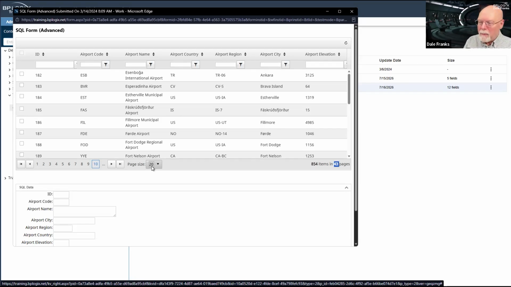Because there are 50 pages and 26 letters in the alphabet, essentially each letter is taking up 2 pages. Now, that's not fully true. There aren't 2 pages of airports that start with Q, I'm sure. But as a general rule of thumb, I know that I'm in alphabetical order and I know how many pages I have,